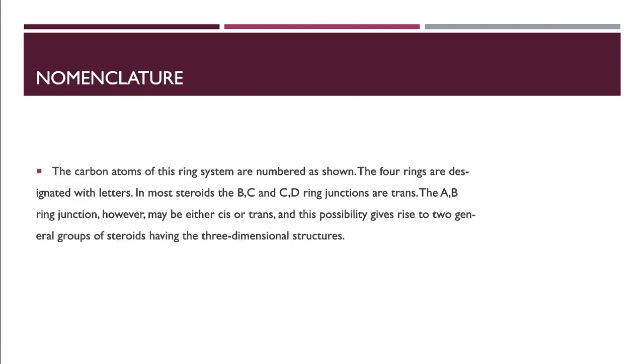The carbon atoms of the ring system are numbered as shown. The four rings are designated with letters A, B, C, and D. In most steroids, the B/C and C/D ring junctions are trans. The A/B ring junction may be either cis or trans, and this possibility gives rise to two general groups of steroids having three-dimensional